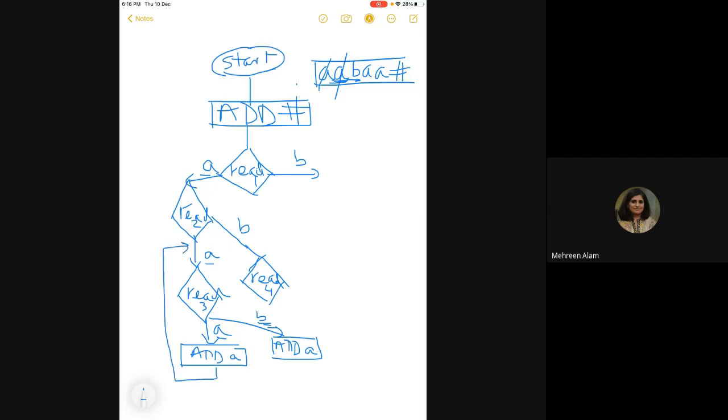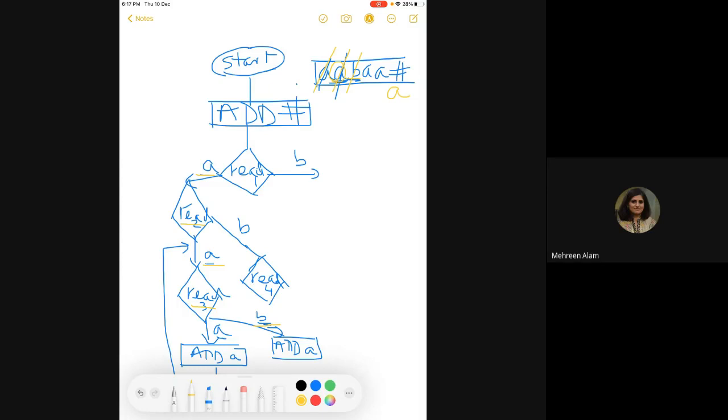सो मैं क्या, अगर मैं इसी स्ट्रिंग को चलाऊं, मैंने क्या किया, मैं कलर अगर चेंज करूं तो मैंने सबसे पहले यहाँ पर आई, मैंने रीड किया ए को, फिर मैं यहाँ पर आई, फिर मैंने रीड किया एक ए को, राइट? और फिर मैंने रीड किया तो मेरे पास आ गया बी, राइट? बी जब मैंने रीड किया तो मैंने कहा कि ओके दिस ए इज नॉट द एंड, तो मैंने इस ए को उसके एंड पे ऐड कर दिया, राइट? जैसे कि अभी मैंने किया।